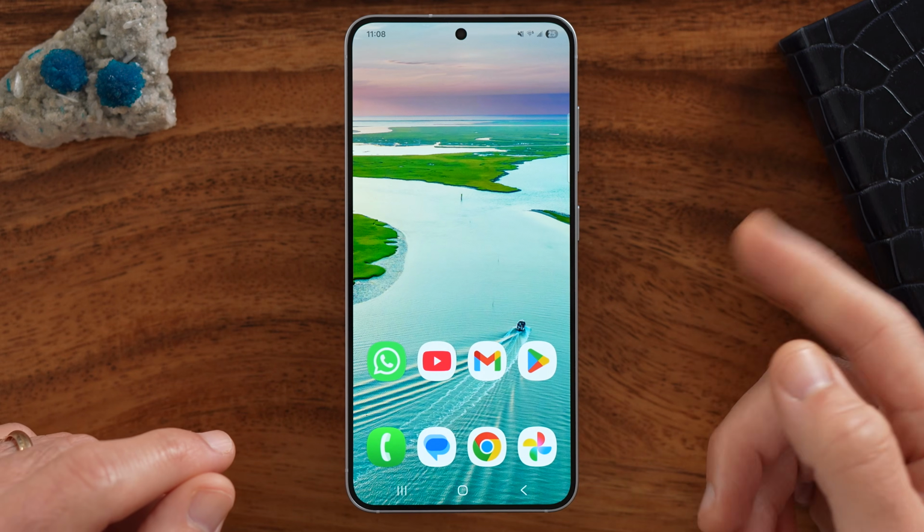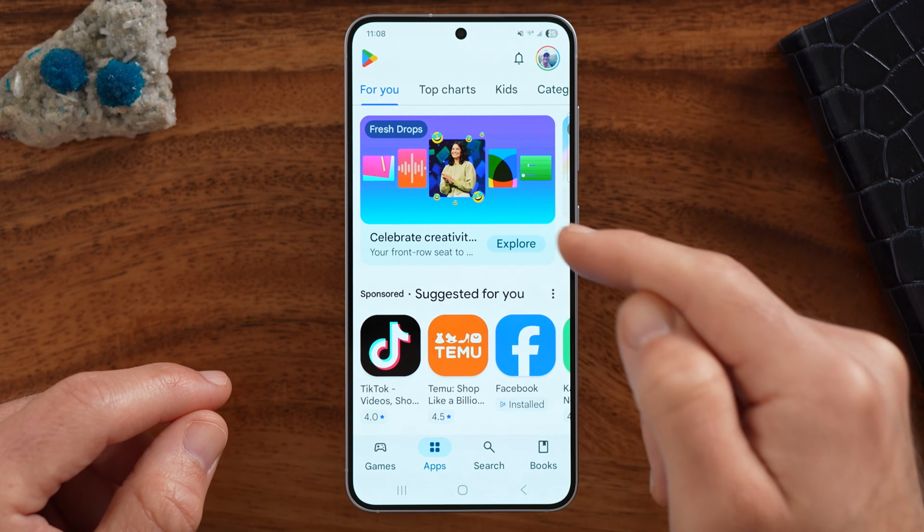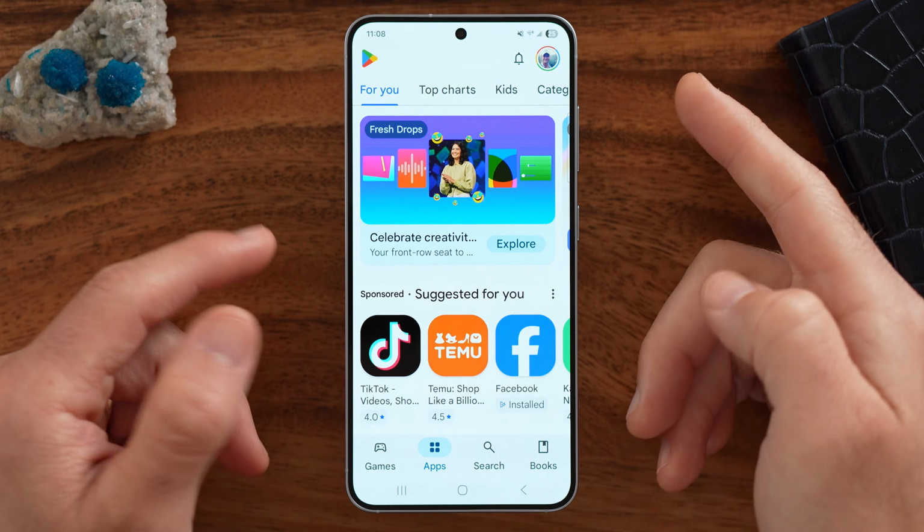Hey there, Trevor here. And in this video, I'm going to show you how to create dual apps on your Samsung phone. Now, first on your Samsung phone, let's open up the Google Play Store and just make sure you've